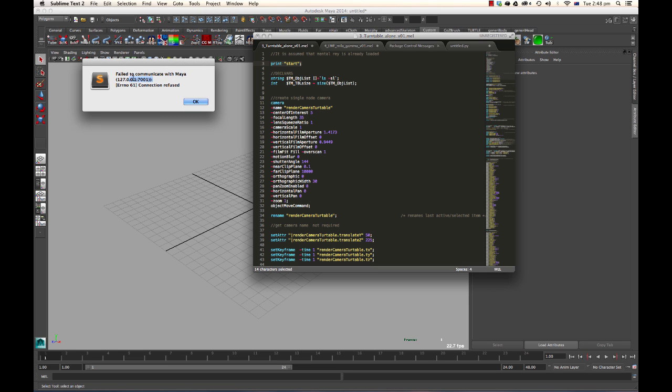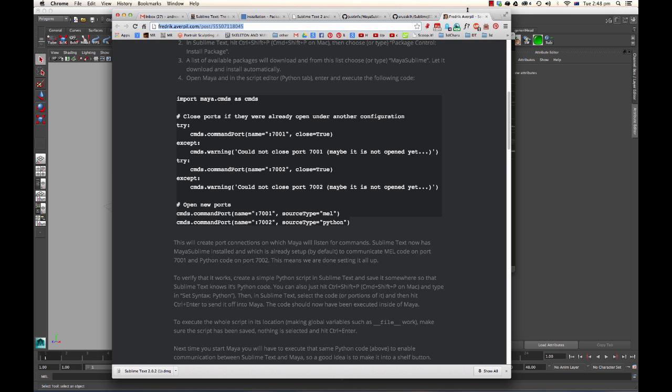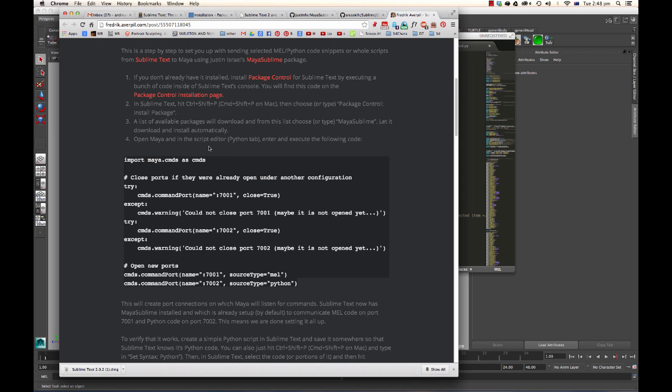So the only way that I found this to go, now leave a note in the comments if you know a better way of doing this, but the best way of fixing this is actually coming to a page here. Found it right over here by Frederick, and here's the code that we need to actually get that to work. So Sublime is trying to connect with Mel on 7001 and with Python on 7002. So what we need to do is just copy that code